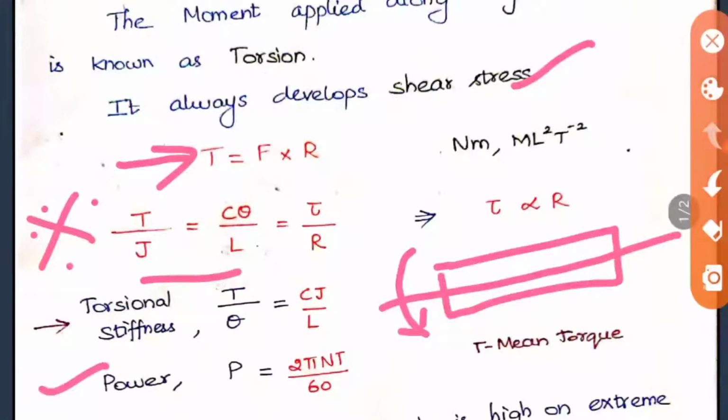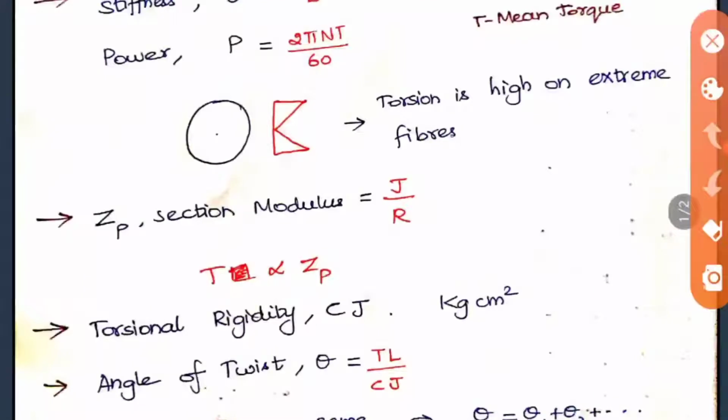And the next important formula is power calculation. For running a shaft, how much power is needed, like that they will be asking. So the formula is 2 pi NT by 60. Here N and T are the values we have to apply. N is the rotation per minute of the shaft, so it should be in rpm, and T is the torque, we know that. When you apply this, you will get the answer in watts. Another important point is, if they ask in terms of horsepower, you should divide the value by 746, because 1 metric horsepower is equal to 746 watts.